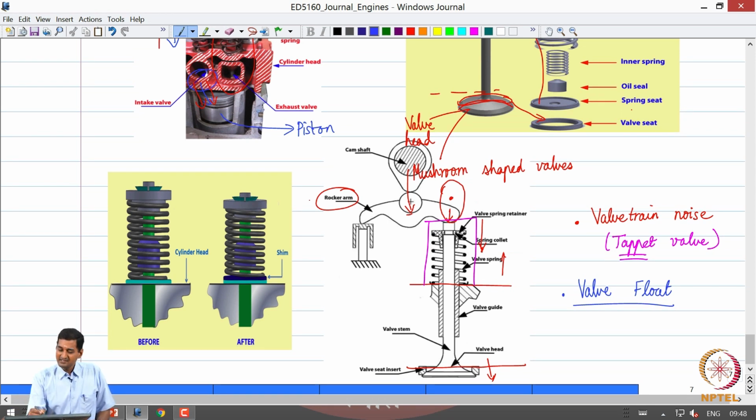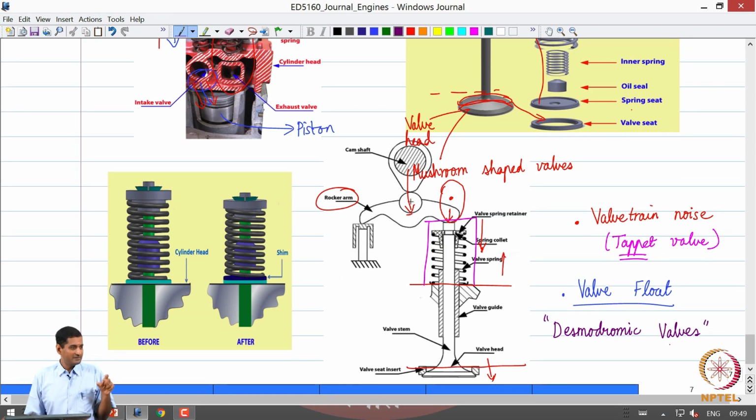So what happens is that there is something called a desmodromic valve, okay, used in a very few road vehicles where you want very accurate control, particularly at high speeds and so on. Okay, desmodromic valve. So what happens is that in a desmodromic valve you do not have this return spring, but you will have a rocker arm for pushing it down, you will have a rocker arm for pulling it up. Okay. So, in both sides you will essentially